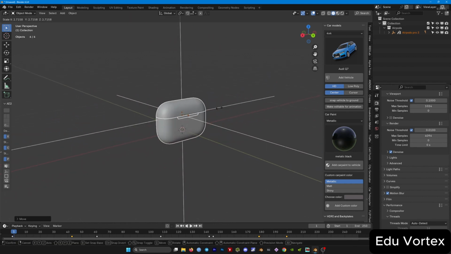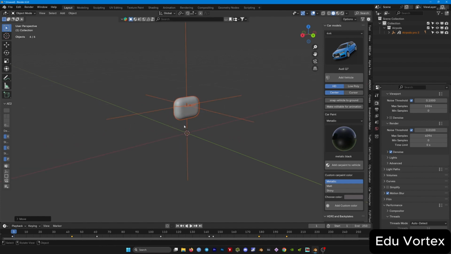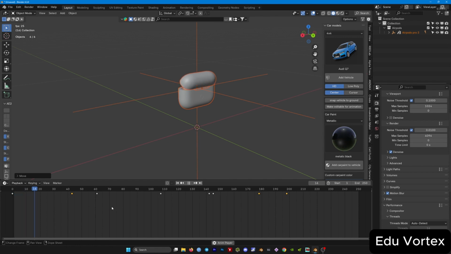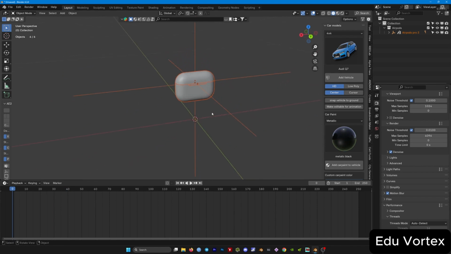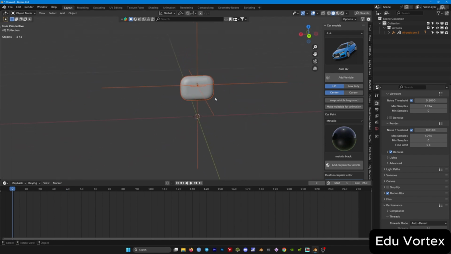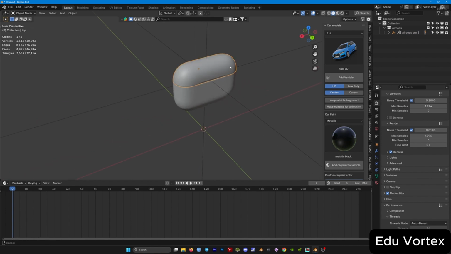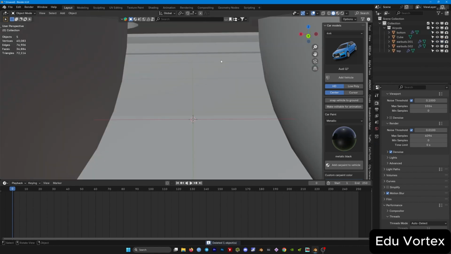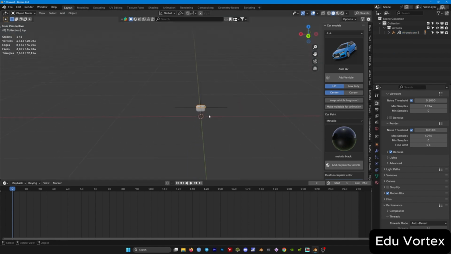I think we should enlarge it a bit. You get an idea of the scale of the different objects as we're working on the project. So I think the animation has already been okay, so I'll remove the animation. Let's remove this as well. So